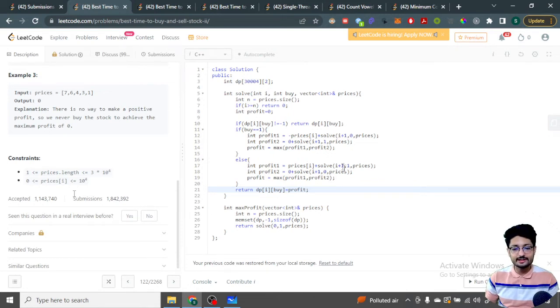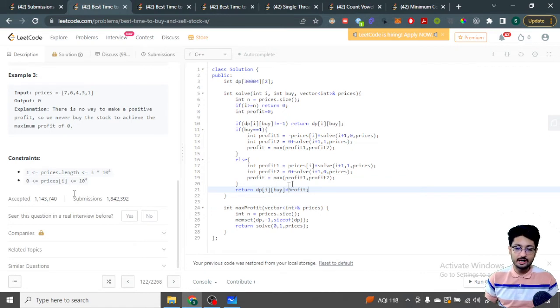You go to the next state, and now because you have sold it, again you have the opportunity to buy another stock in the later half. So you can again make your buy equal to 1 and prices, and if you have not sold it, it is again 0, and if you have not sold it, you have to sell it in the later half, so you do not have any stock to buy, so it's not equal to 1, and the same thing, and you have to find out the profit, like the maximum for both of the cases,